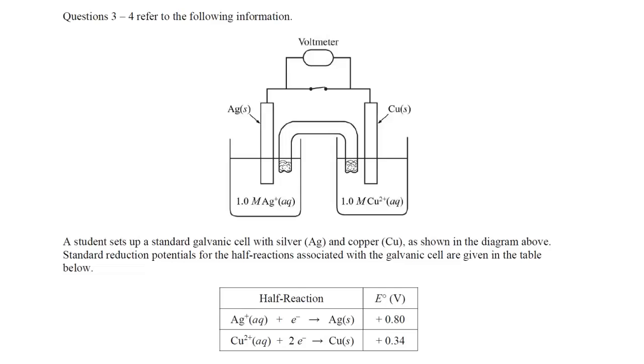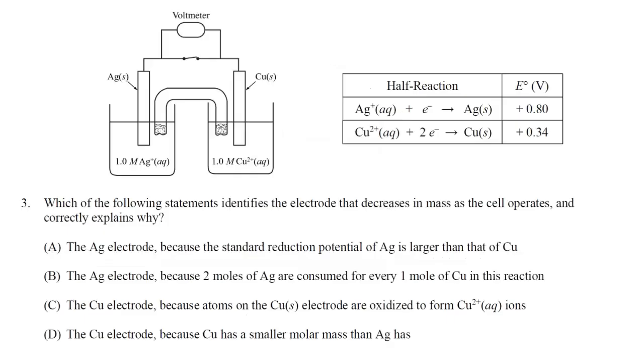So we can see that questions 3 and 4 refer to the following information. It says a student sets up a standard galvanic cell with silver, Ag, and copper, Cu, as shown in the diagram above. Standard reduction potentials for the half reactions associated with the galvanic cell are given in the table below. And question 3 asks, which of the following statements identifies the electrode that decreases in mass as the cell operates